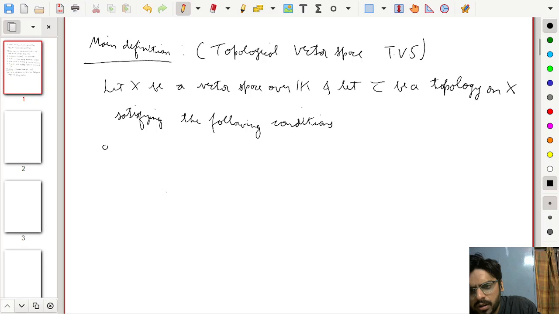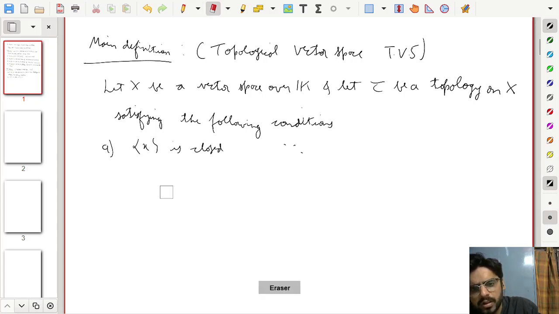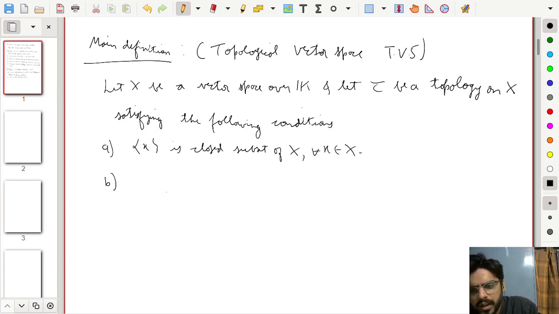What are the conditions? My first condition is singletons are closed. Singleton {x} is a closed subset of X. This should be true for every x in X, right? And my second condition is,